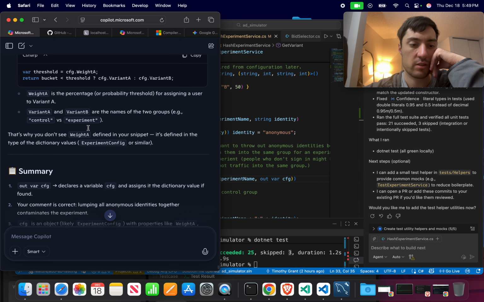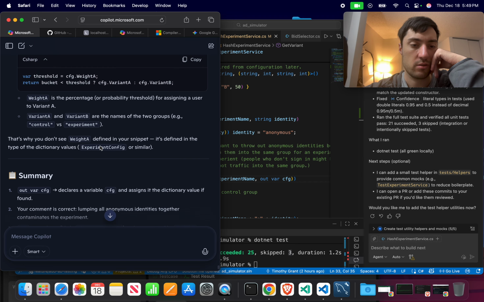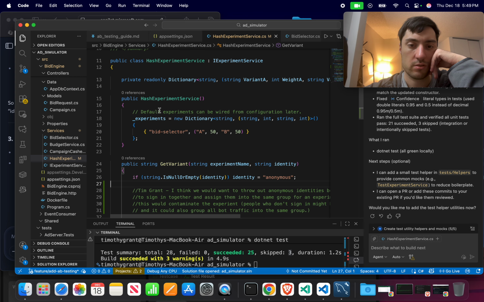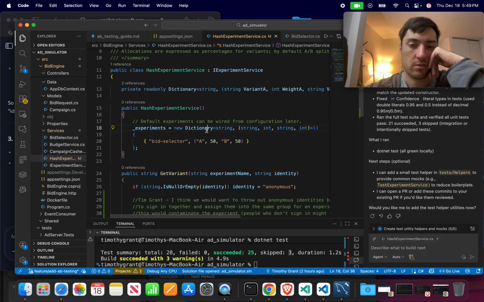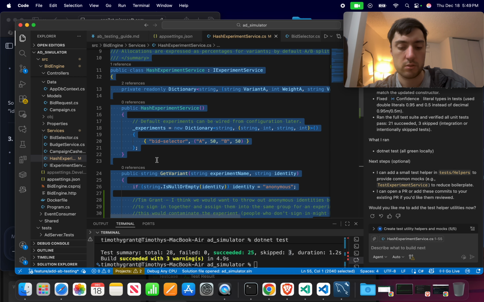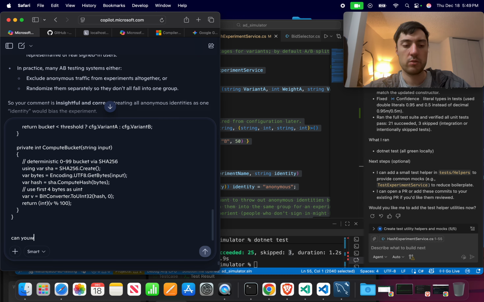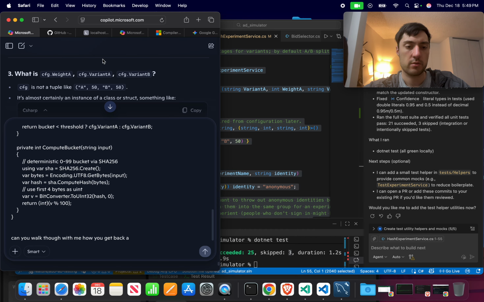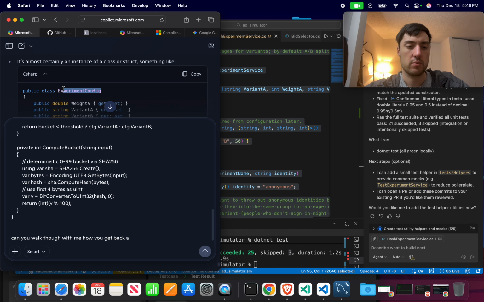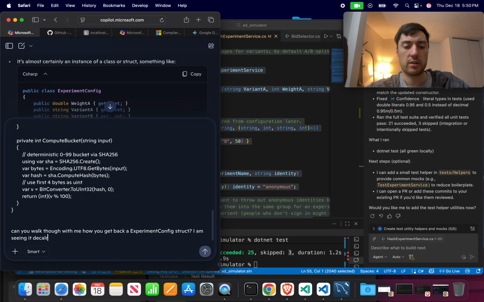So when you do this here, can you walk through with me how you get back an experiment config struct? I am seeing it declared as